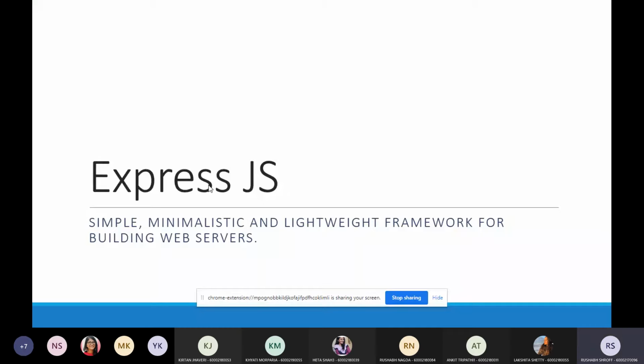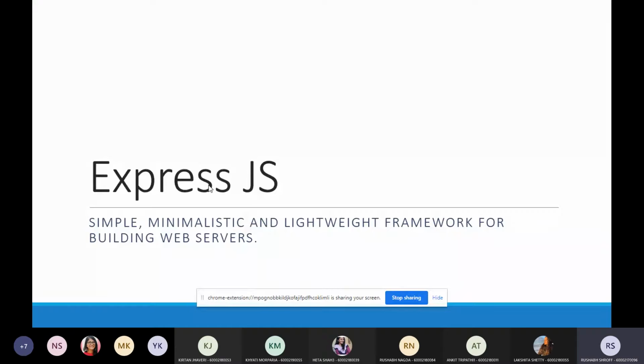Basically, what Express does is provide a framework that we can use in our Node project to handle this request and then respond to it accordingly. Express.js has a lot of other things as well, like middlewares and next functions, and a lot of other things which we will be covering today.